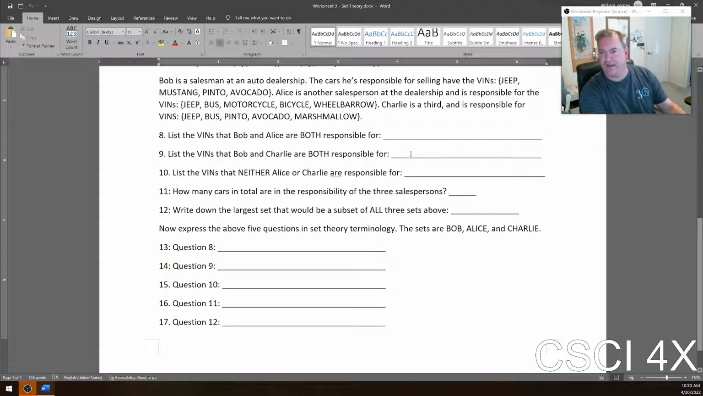All right. So we've got a set Bob that contains Jeep, Mustang, Pinto, and Avocado. Set Alice has Jeep, bus, motorcycle, bicycle, and wheelbarrow. So what is